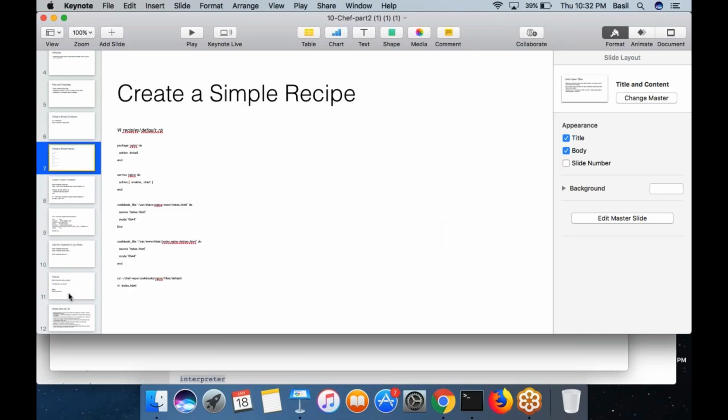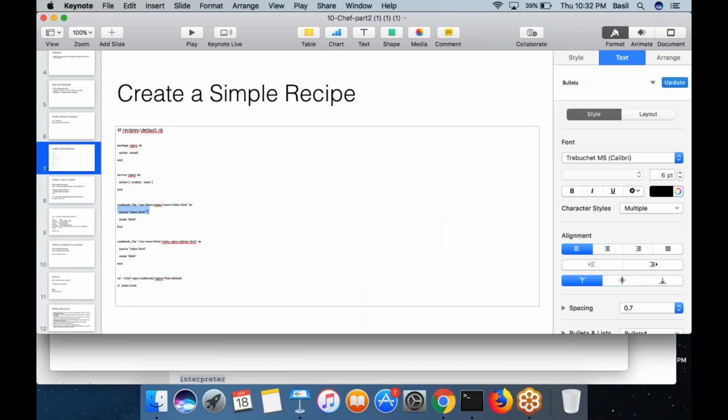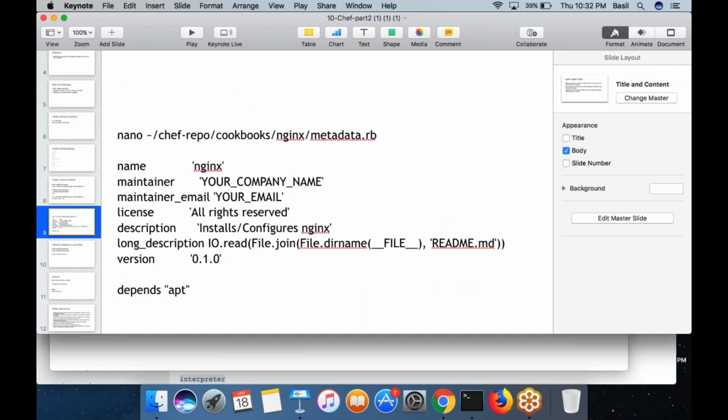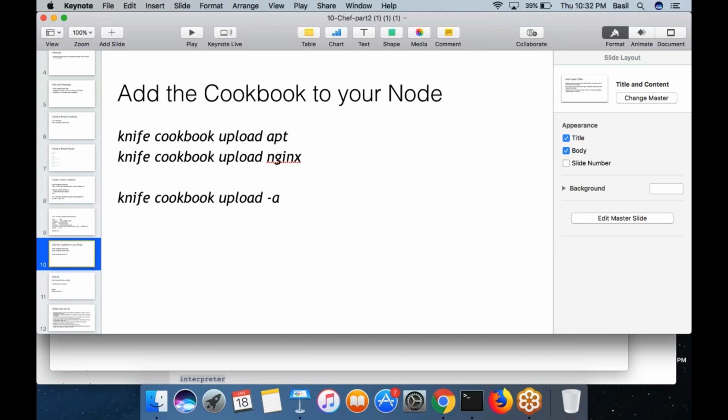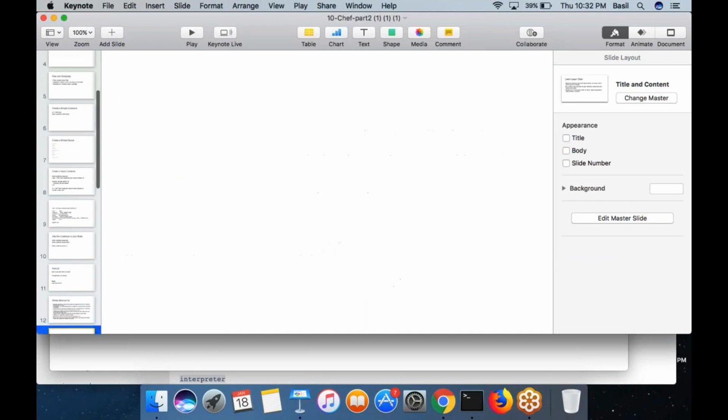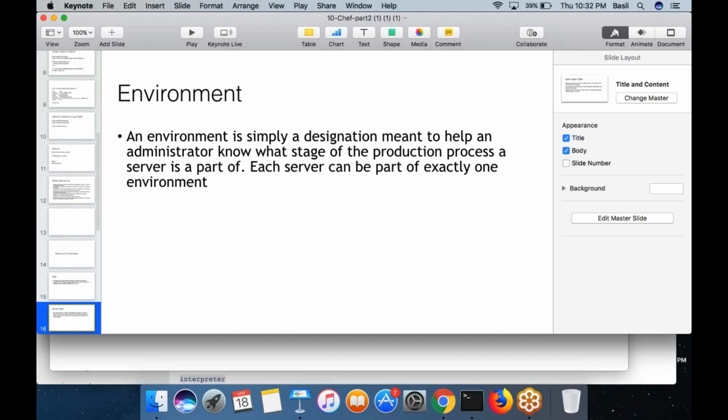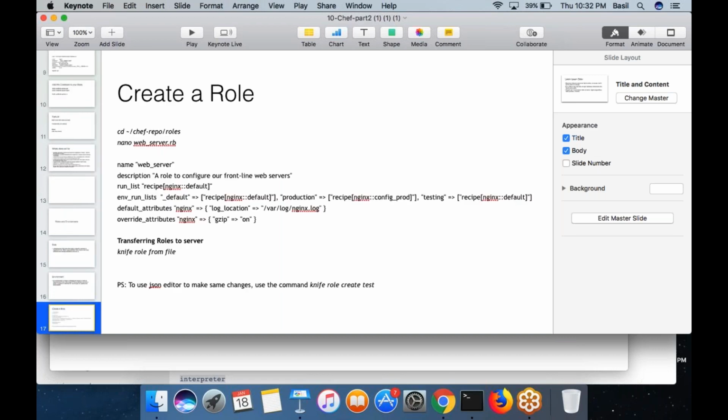Actually in the PPT, the steps are for installing Nginx, right? In our case we did Apache, but it's the same, no differences. Okay, so this is how you can create a role.